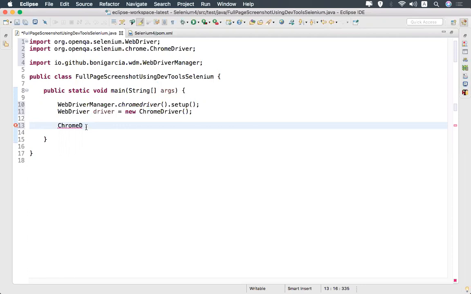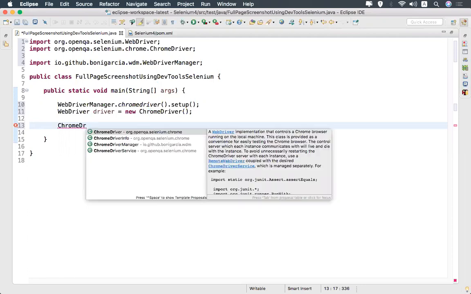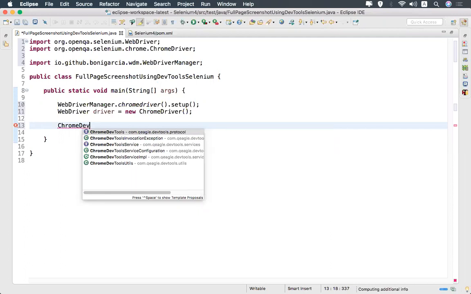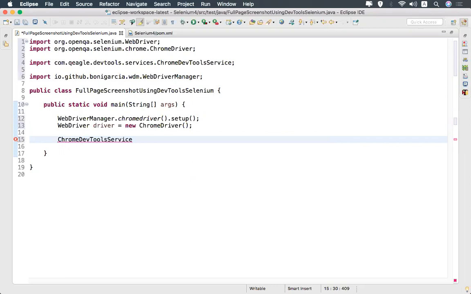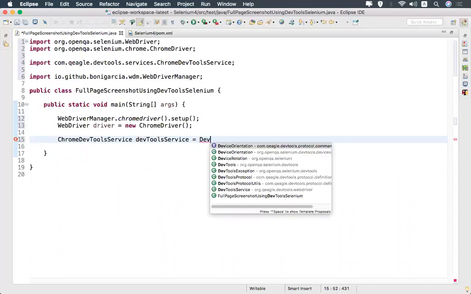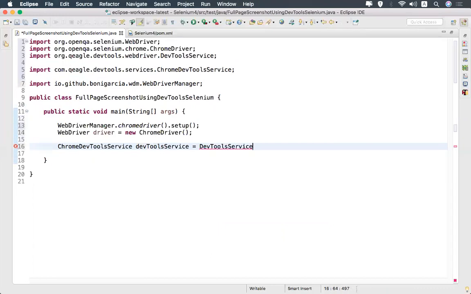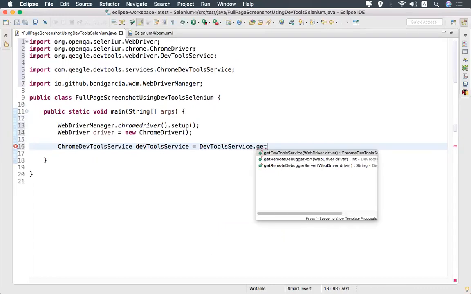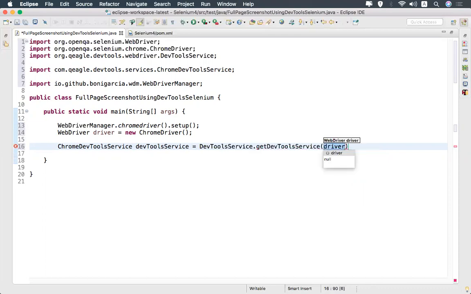Now you see that, ChromeDevToolsService. It is coming from com.qeagle.devtools.services. So I'll just create a reference for this, equals DevToolsService.getDevToolsService, and you need to pass the driver instance, this WebDriver instance.